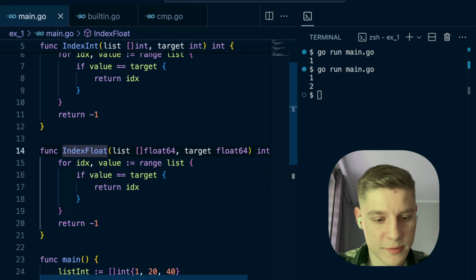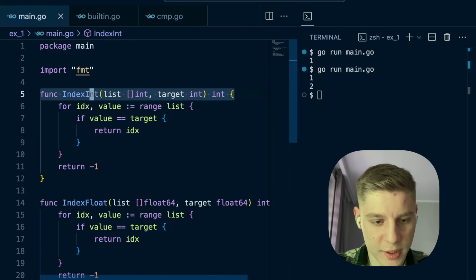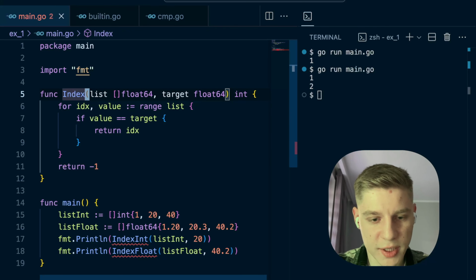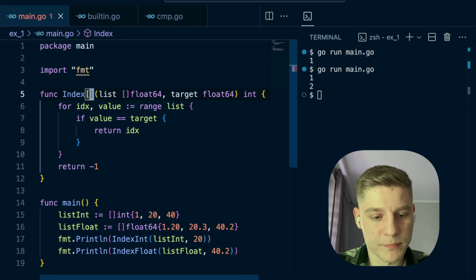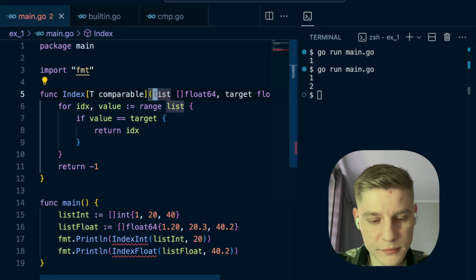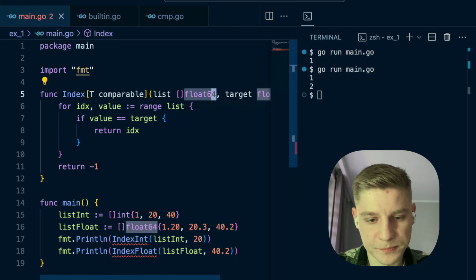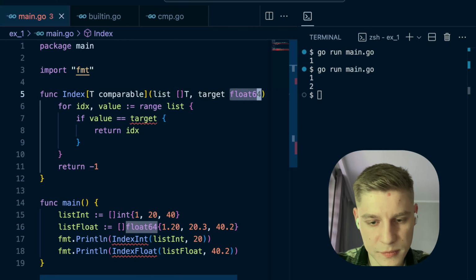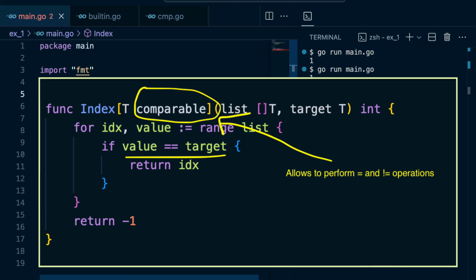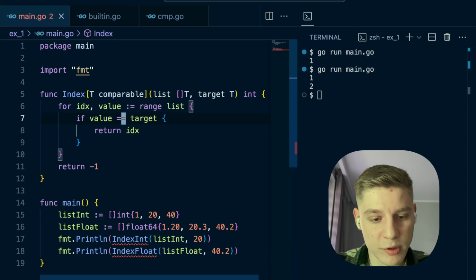To not do that, we can use generics. Let me kill this guy. Let me remove this redundant naming in the function. And we'll define the constraint with the keyword comparable. I will come back to it in a second. Okay, what does this comparable allow us? It allows us to perform these equal or not equal comparisons,